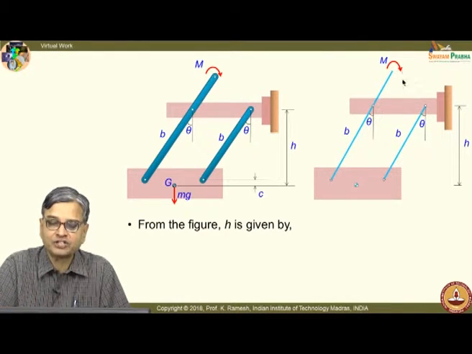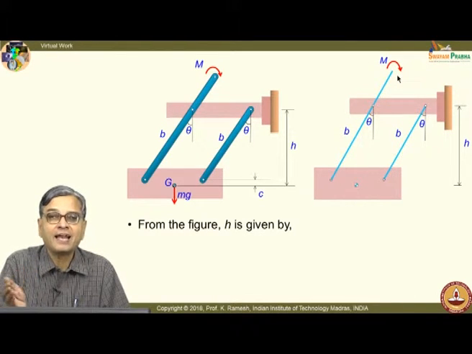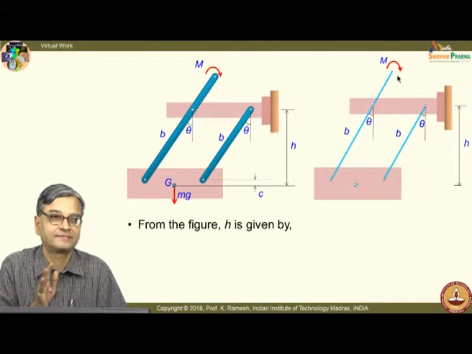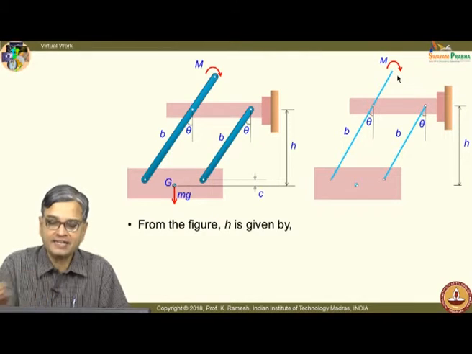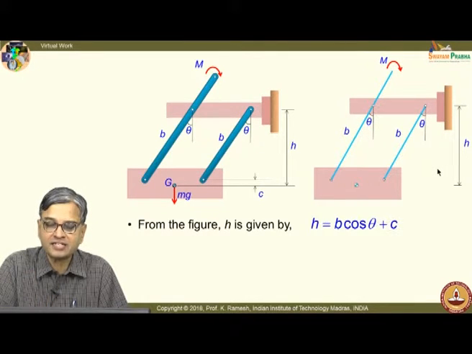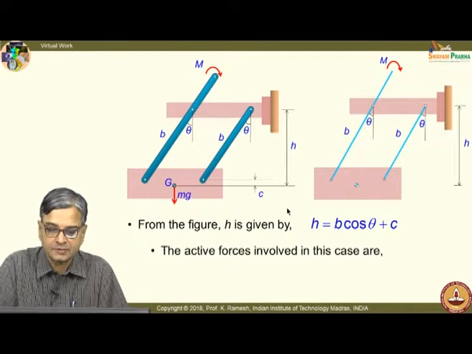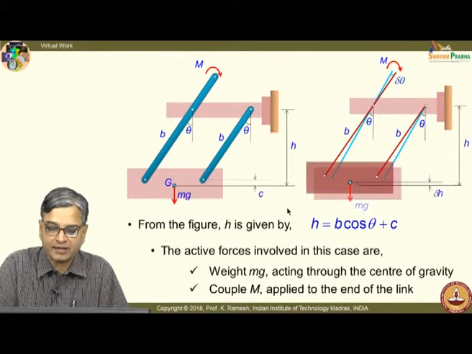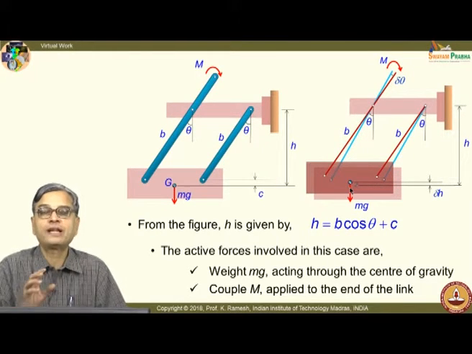So, can I sketch when this is applied how the link will rotate? It will rotate and try to lift up the mass m. You should recognize that. If you recognize that, then you can make a neat sketch of the displaced quantity. I would put the displaced diagram first, then we will look at it. Do you get this idea? You have to get this idea first.